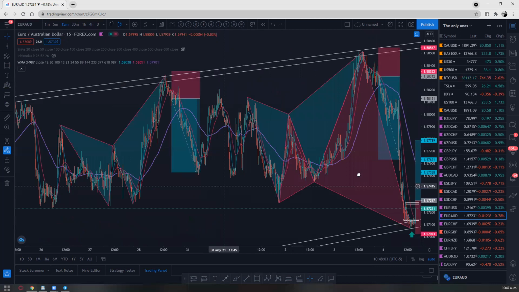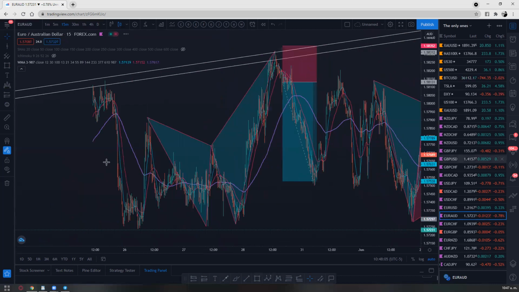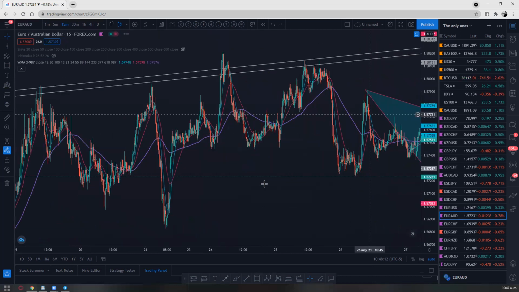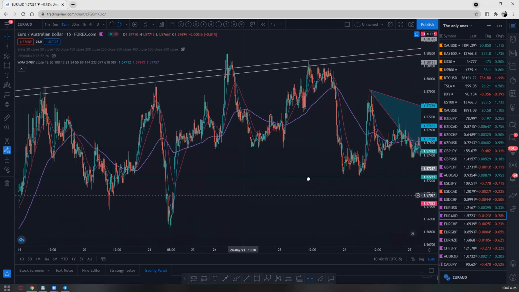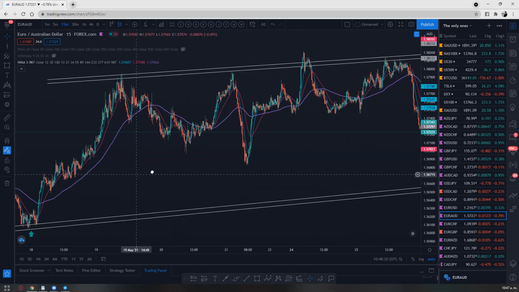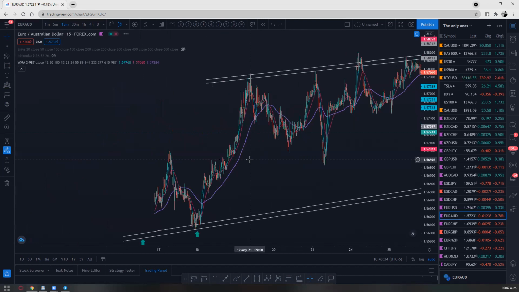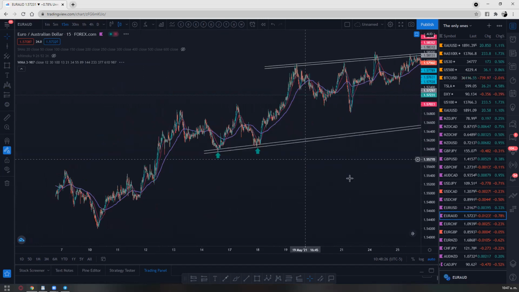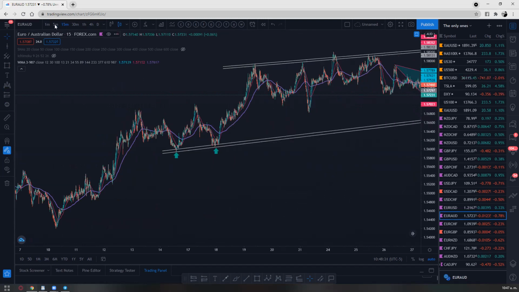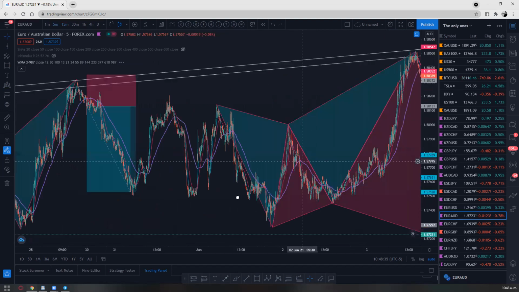I tend to use the TP strategy on pairs. If you're seeing this type of butterflies right there, it's because I'm testing something. But there are always also trends. You're going to find a lot of trends. So let me try to go a little bit back here and try to find some trends. Of course, like I mentioned, I'm on a 15-minute. If I go with a 5-minute, in any time frame you can always find trends.